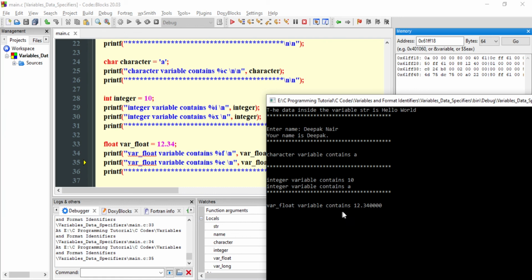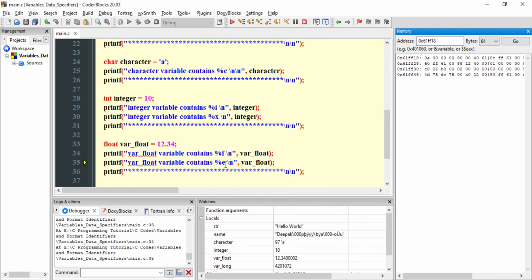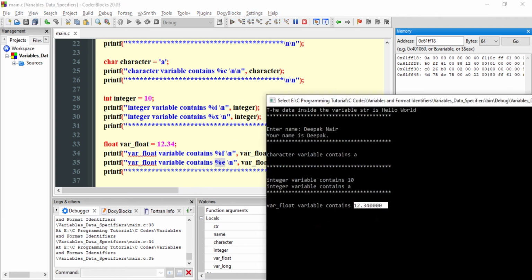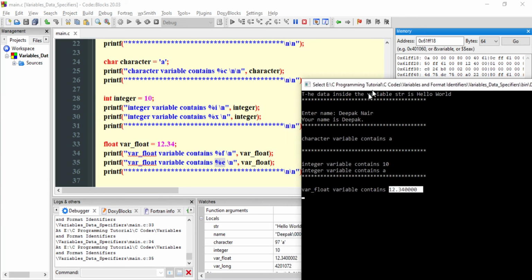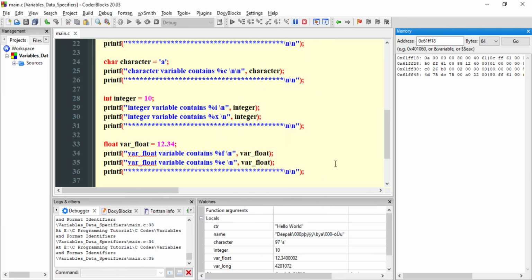So this is how the variable is stored within the memory, although we have only written 12.34. Now if I want to change the data specifier to exponential function, I can use %e, and let us check what is the representation in that case.